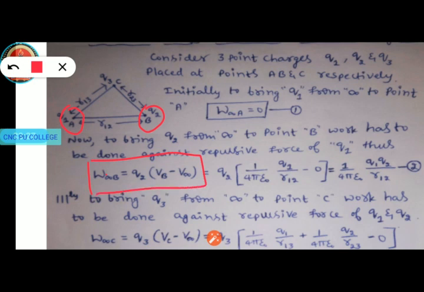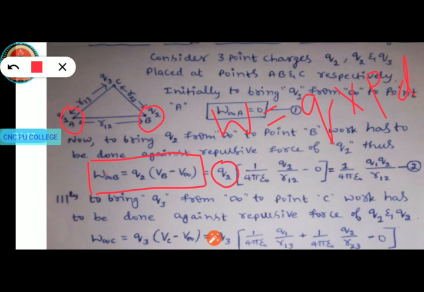That's why we are considering W infinity B, that is the work done in bringing the charge Q2 from infinity to point B, that is charge into potential, right? So the charge is Q2 and the potential is VB minus V infinity. Initially it is at infinity, finally it is at position B. So work done W is equal to charge into potential difference. So here W infinity B is equal to the charge Q2 into the potential difference VB minus V infinity. So charge Q2 will be as it is.